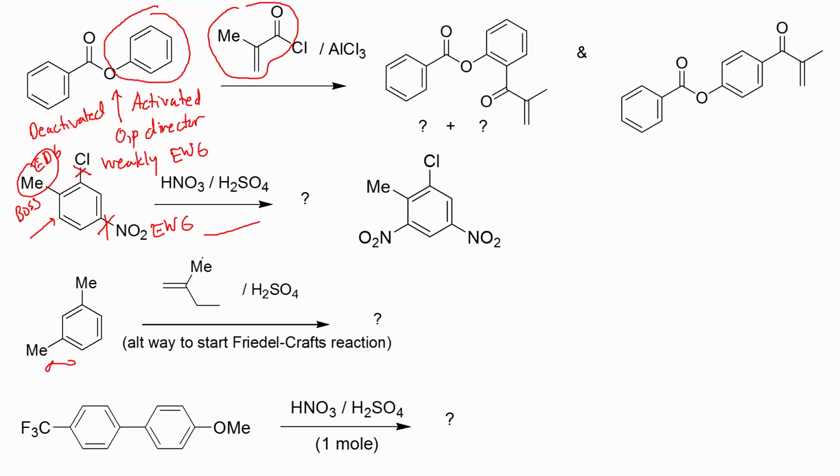All right, this next one is an alternate way to start the Friedel-Crafts reaction. Remember that anything that generates a carbocation can potentially start a Friedel-Crafts reaction. So the combination of H plus and an alkene of this type can in fact generate a tertiary carbocation. All right, so what we can do here is we can add this unit to the most favorable places